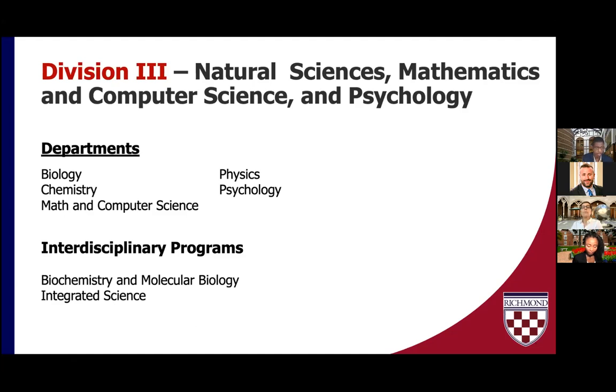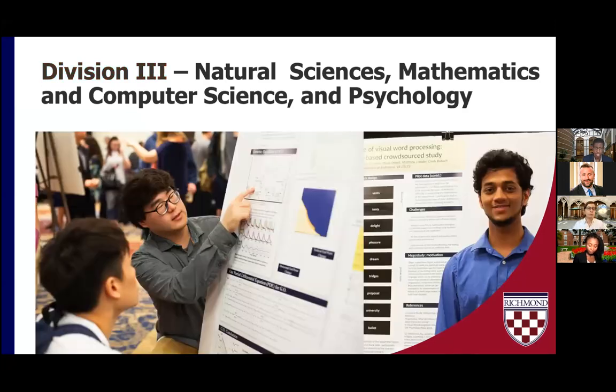So for example, biochemistry and molecular biology, as you hear from just the name, is linking across the apparent boundaries of chemistry and biology. And integrated science is an effort to try to weave in all of the pieces of scientific knowledge that need to be brought together to be able to confront particular questions. For example, on the issue of climate change, this is a physics problem as much as it is a chemistry problem because of all the gases that have been released into the